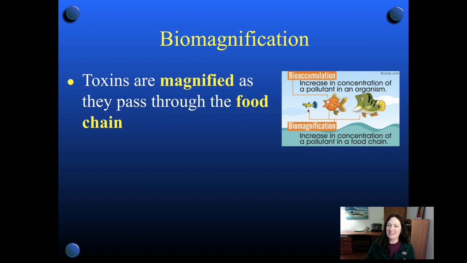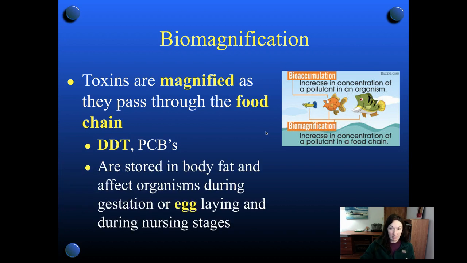Anyway, they have to eat a lot of fish to survive, so they build up more of those toxins. And then this guy's got to eat a ton of these guys to get all the food he needs. And so he obtains all of those toxins. So that's how it magnifies. It's an increase in the concentration of a pollutant as you move up the food chain. So DDT, like I mentioned a few slides back, is a very persistent one that is stored in body fat,